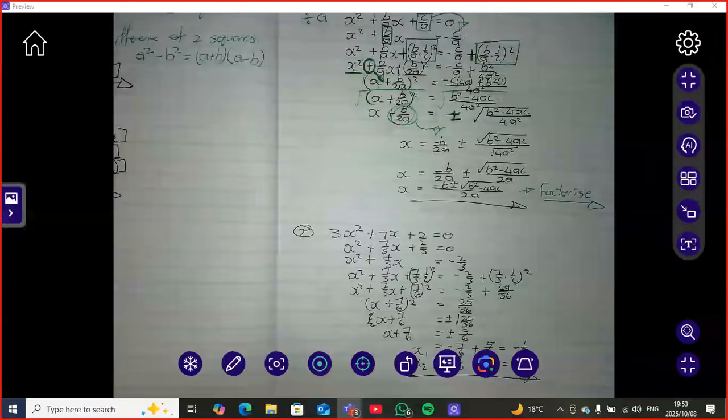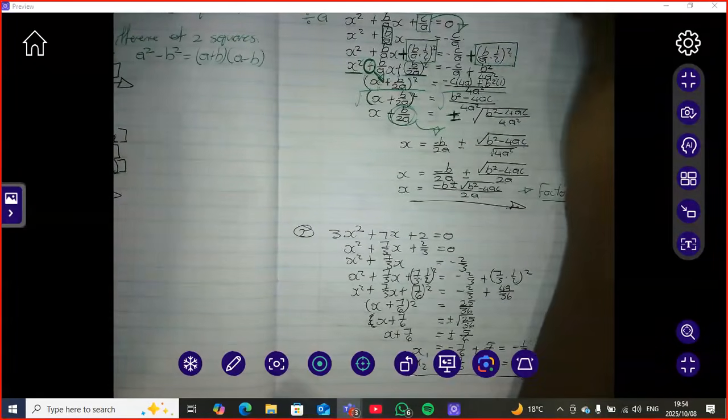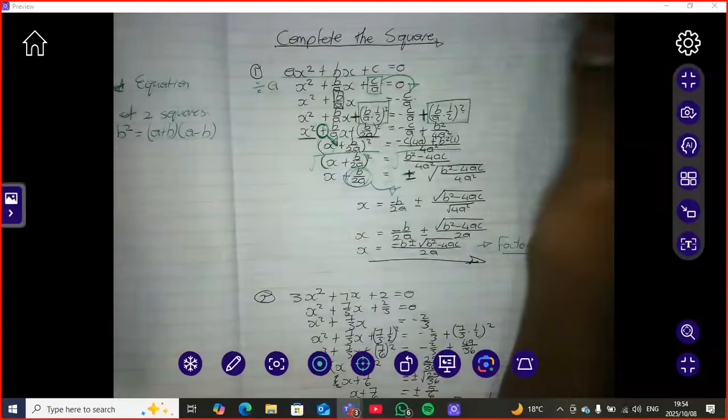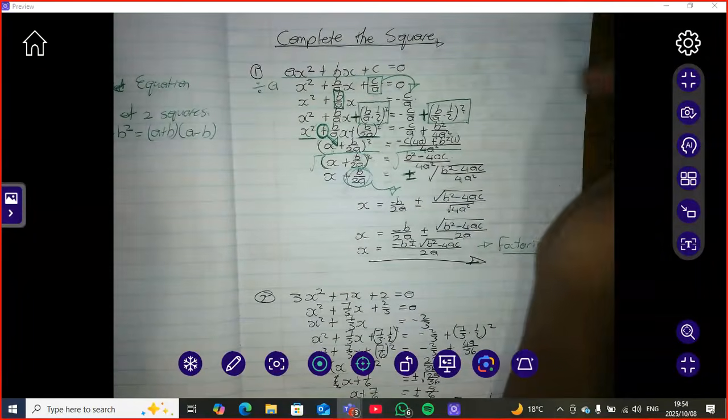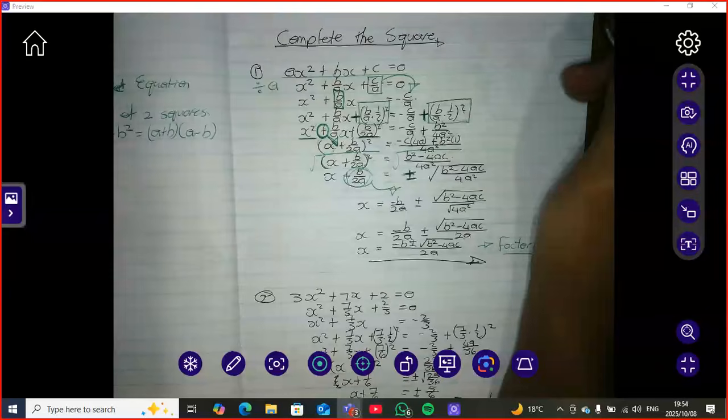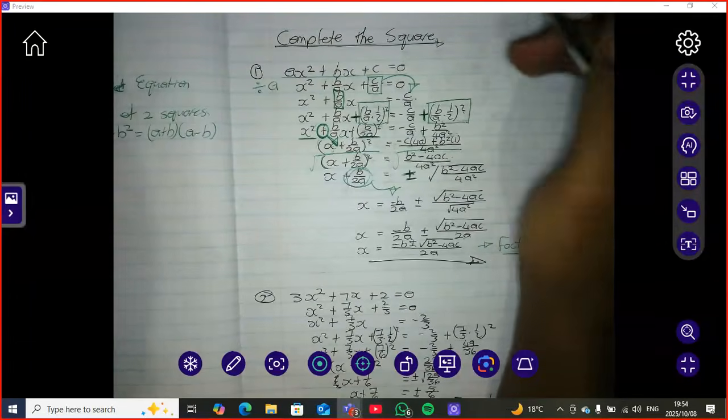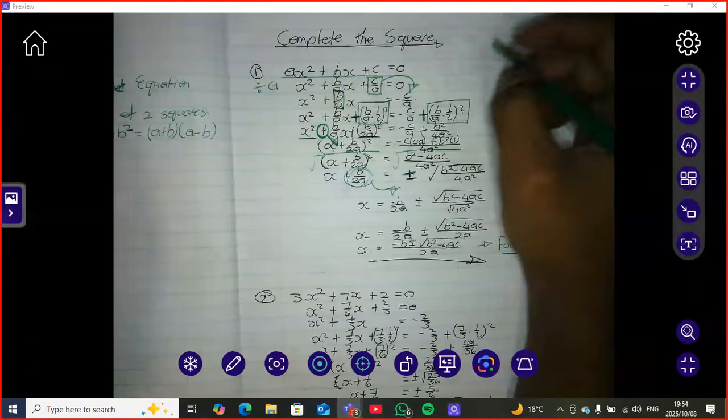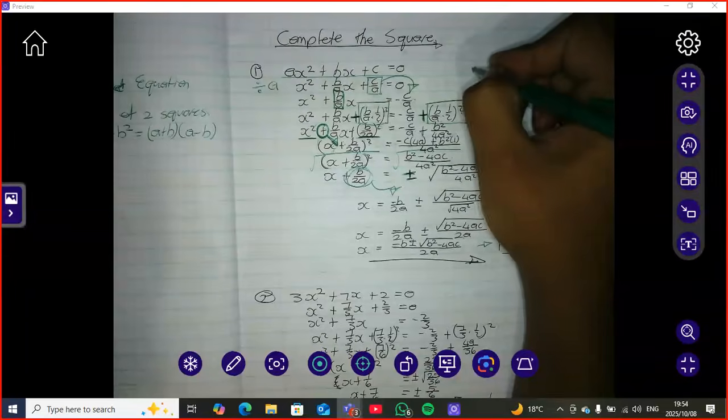What you should be doing is learning the steps. Watch that video I sent in the group on the YouTube channel. But let me write the steps for you here. If you apply these steps, no matter what you get for completing the square, you will get it correct. I'm sure you'll get marks. So, step one,